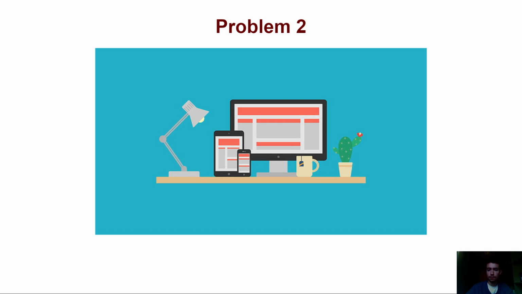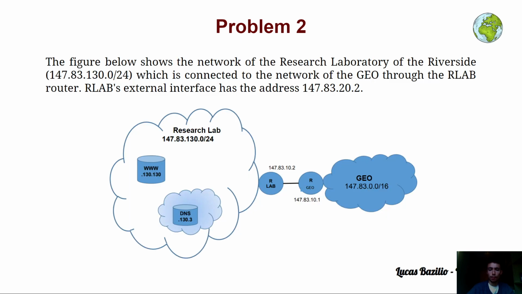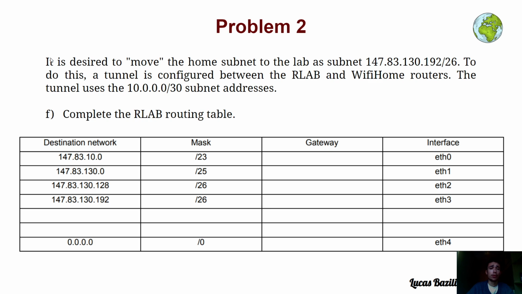Hey everyone, in this lesson we are going to solve question F of this Problem 2. In the previous lecture we saw the configuration of the research laboratory of the Riverside. We also saw the web server, and how this laboratory network was connected to the geo service. And now in this question F, it states it is desired to move the home subnet to the lab